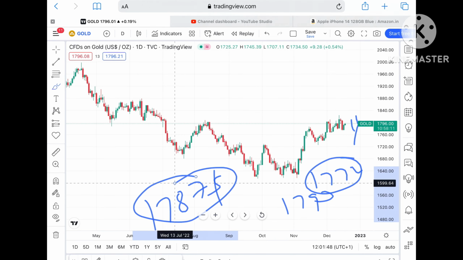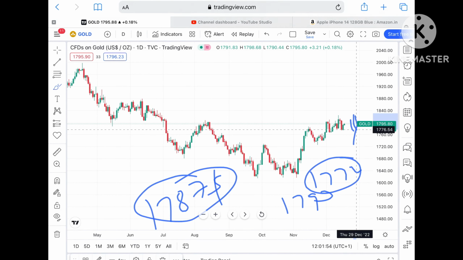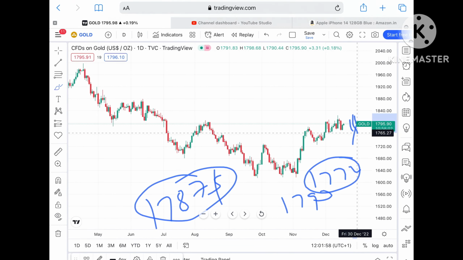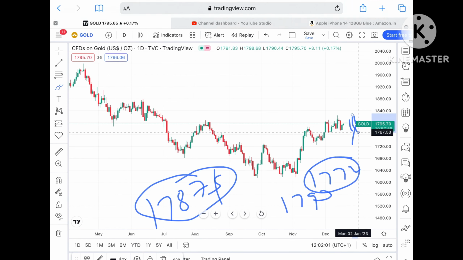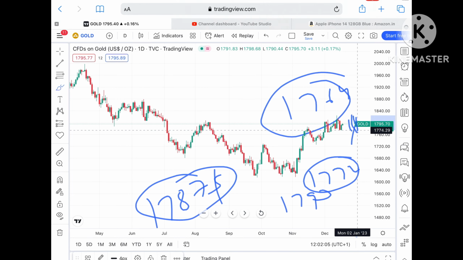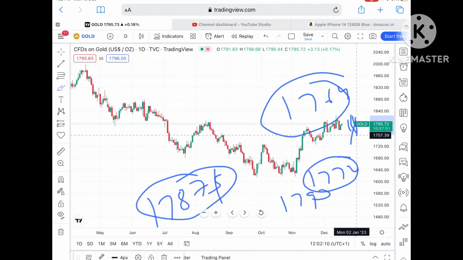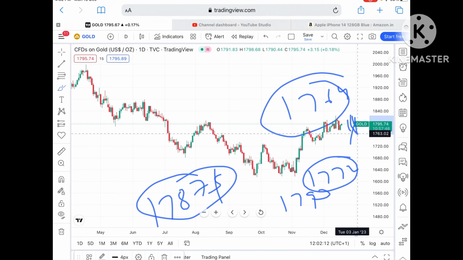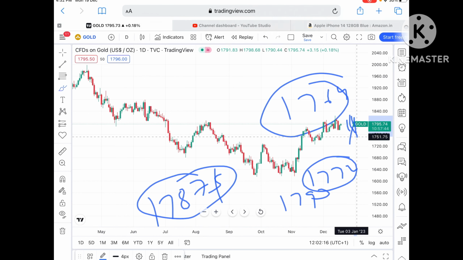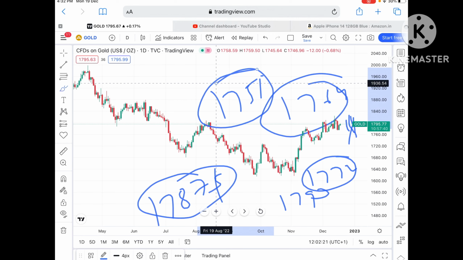Keep this in mind. Once the price falls below 1787, chances of moving further low are there, and then it can go towards around $1774, and if that level goes further down, it can touch around $1764. If the price falls below that level, it can move further low towards around 1757, and from there, after touching $1761, we can see a level of 1758, and from there it can go towards around 1751. Keep this in mind, and keep on trailing your SL.